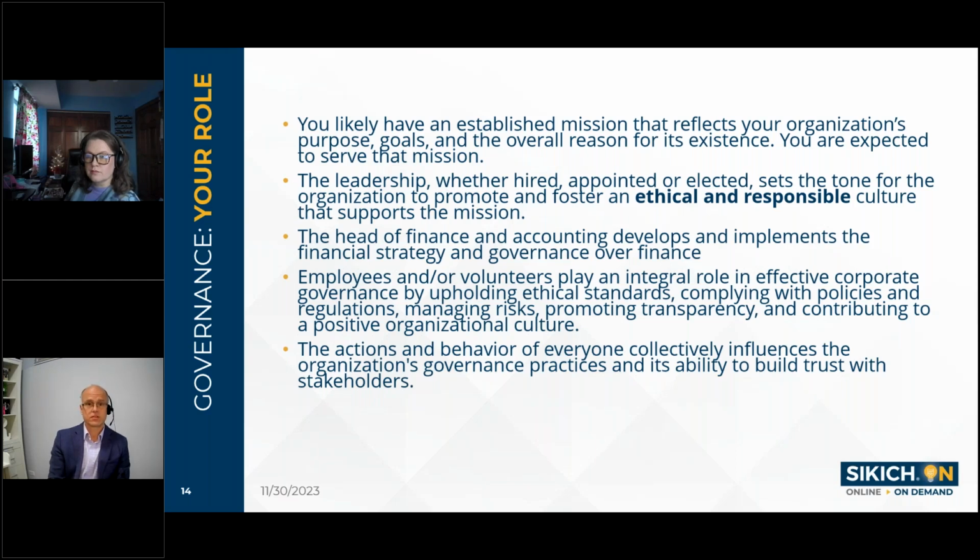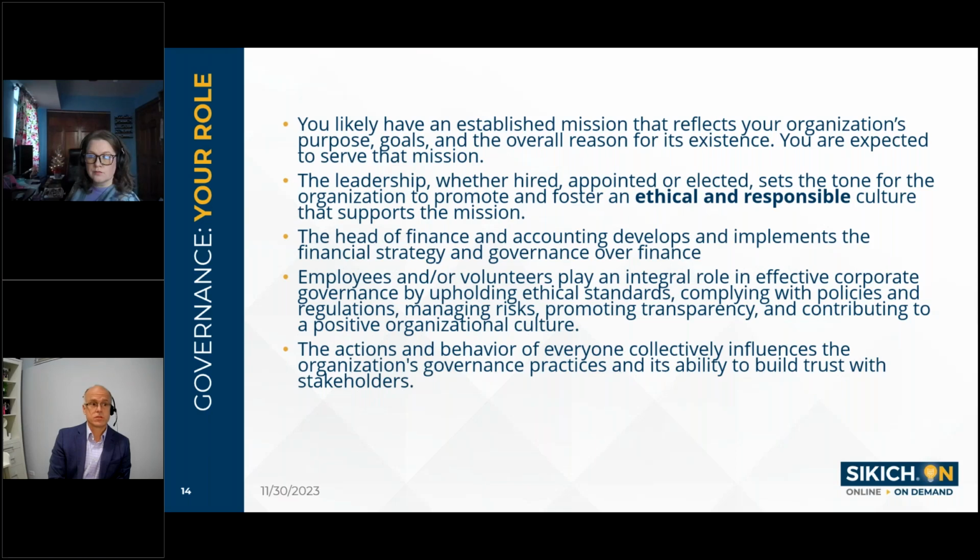Number 1, by adhering to high ethical standards, by complying with internal policies and procedures and external regulations. Employees and/or volunteers have a responsibility, and hopefully they have access to channels for reporting misconduct or unethical behavior. Kind of along the lines of, if you see something, say something. There have been quite a few stories recently, one with the FDIC, where people had reported bad behavior and it was not taken seriously. So hopefully in your organization there is a mechanism for reporting things that just aren't right.